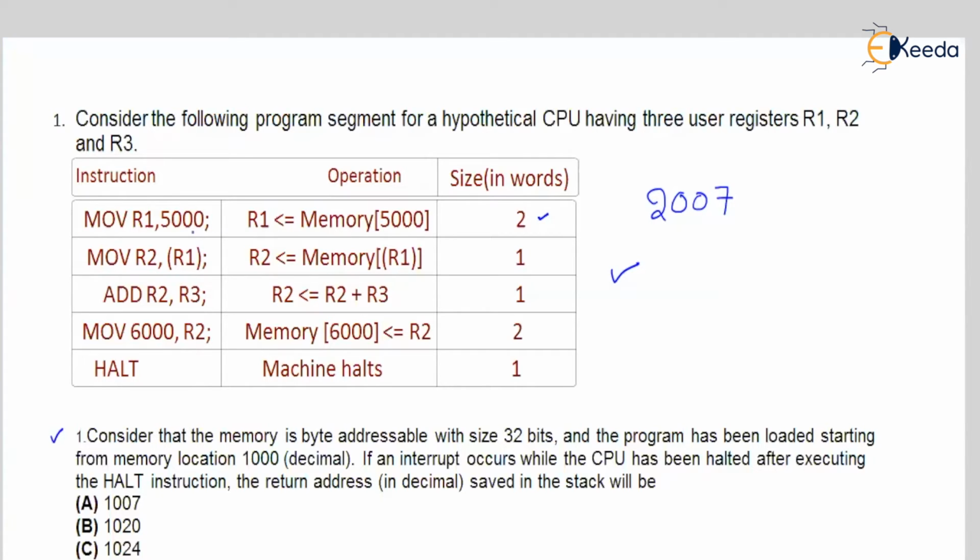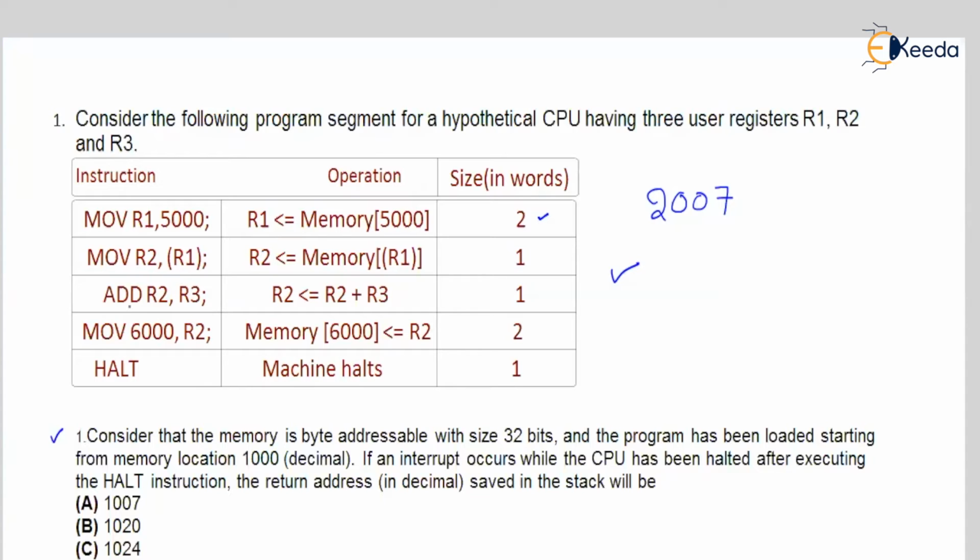Let us understand each and every instruction, and understand the description of each and every instruction very clearly. The first instruction is move R1, 5000, which means that the contents of the memory location 5000 will get transferred to the processor's register R1. The second one is move R2, memory of R1, which means that R1 is a processor's register which holds an address, under which the memory location has a content that will get transferred to R2. That is, M of R1 will get transferred to R2.